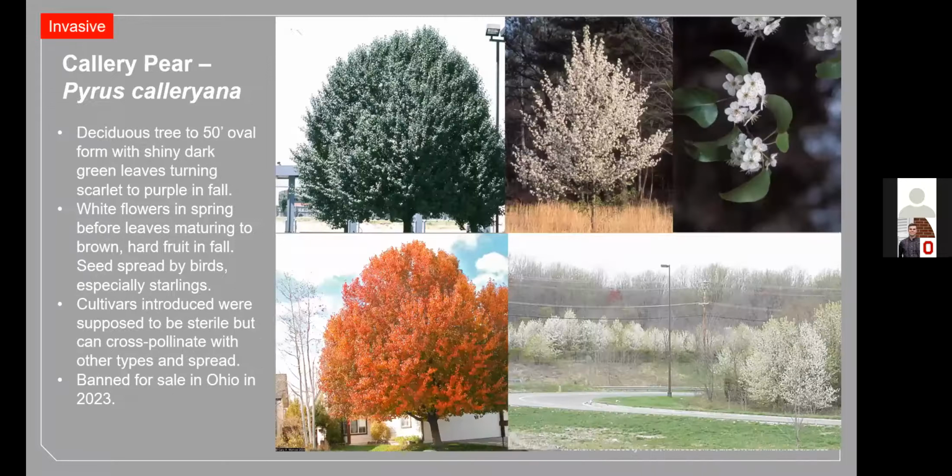This tree is my favorite invasive to talk bad about. On the surface, this pear tree seems to be the perfect tree and is promoted by landscapers as such. It has perfect pyramidal form, wall-to-wall white flowers in early spring, beautiful red to purple fall color, with the leaves holding on well into fall